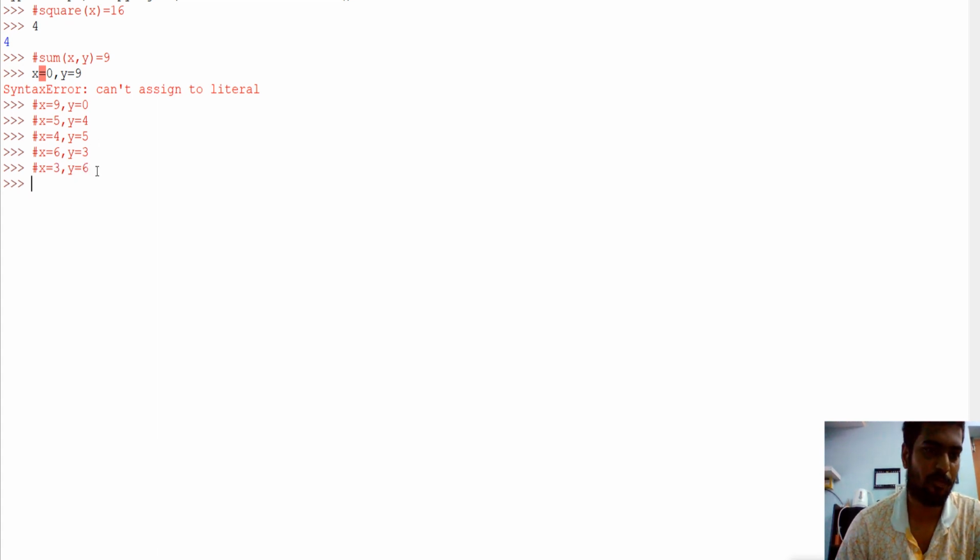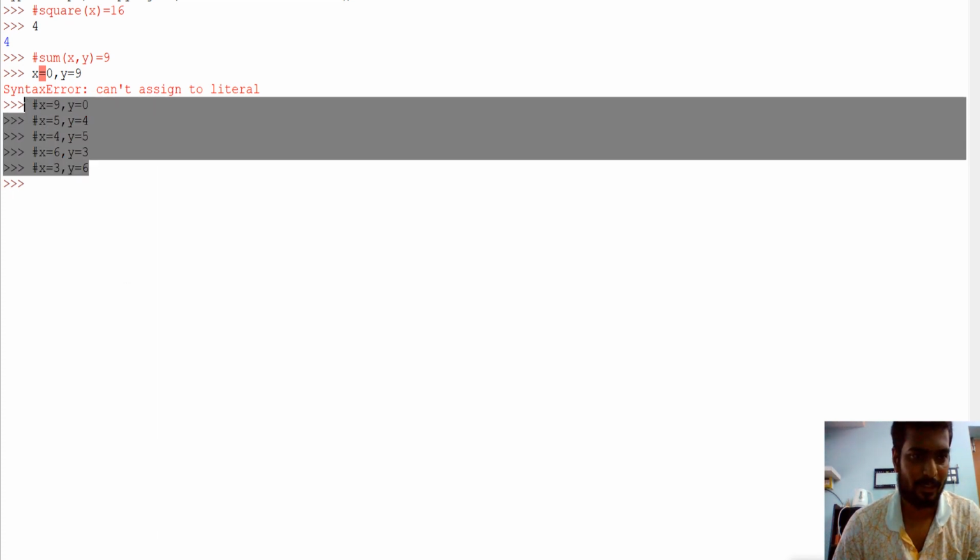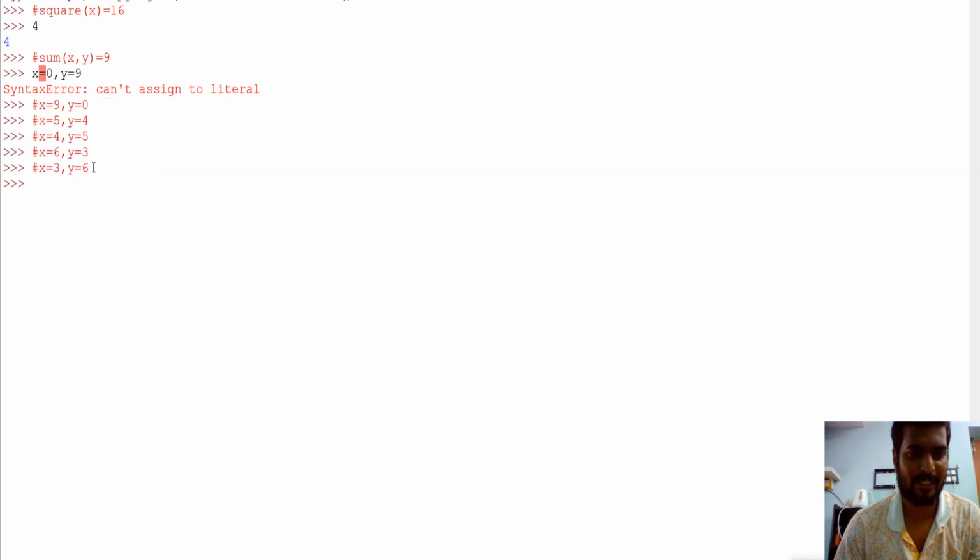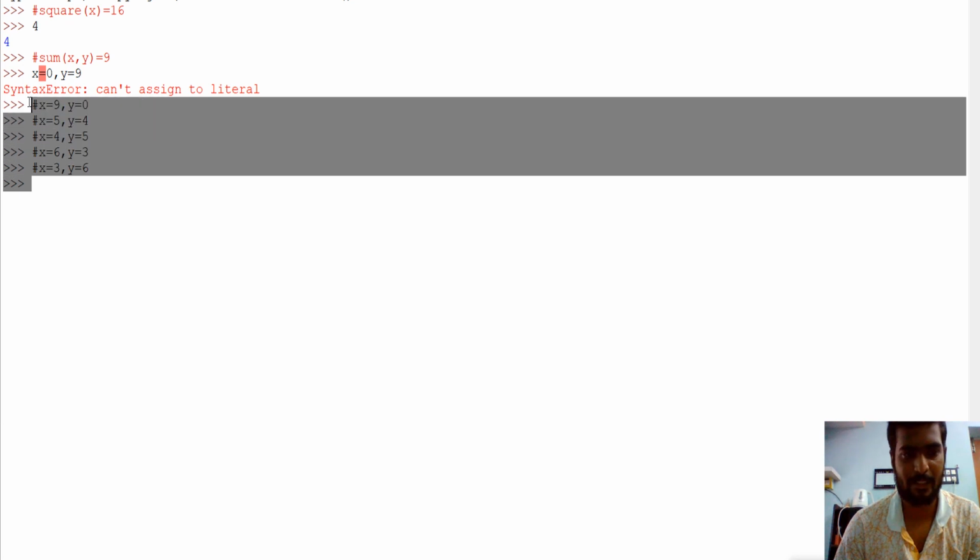Likewise we can have more possibilities, like 1 8, 8 1. It will go on. It's of medium difficulty to find